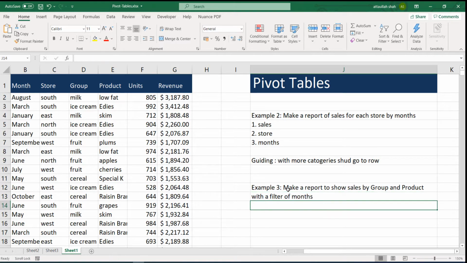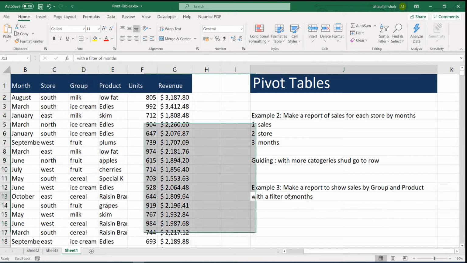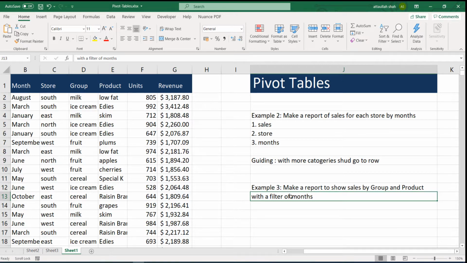So we need to make a report to show sales by groups and product with the filter of months. Okay, so the group variable, this one, and the product variable, one of these will make a row of the table and one of them will make a column of the table, but we need to have months as a filtering variable, and the value column should be created from the revenues.